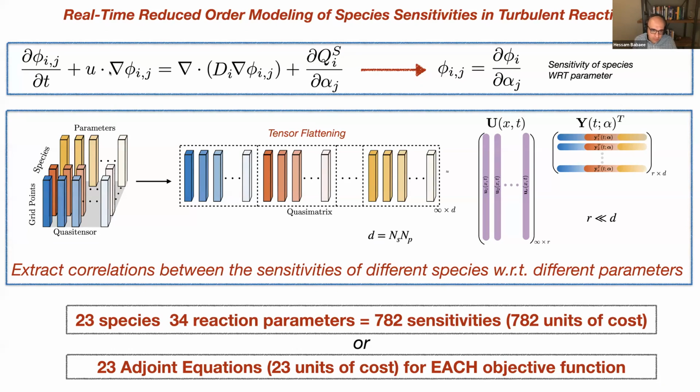That's right. It's like you have alpha, you just do alpha plus epsilon, and look at the difference of the solution. That's really what linear sensitivity is. Then you do it for different alphas, and so you have different sensitivities. But these sensitivities, because they're governed by the physics of the problem, are not completely random, right? There is some degree of relevance between these. And that similarity, which we call correlation, means that they actually have a low rank structure. And if they have a low rank structure, you can do reduced modeling.